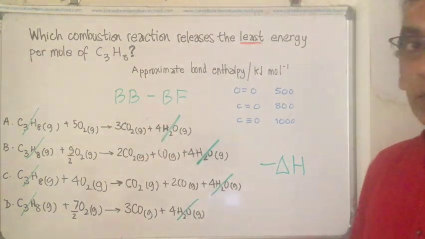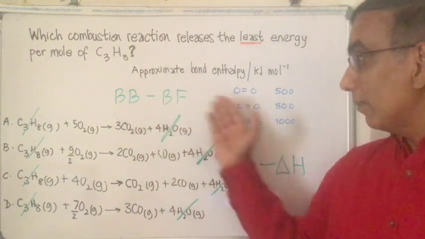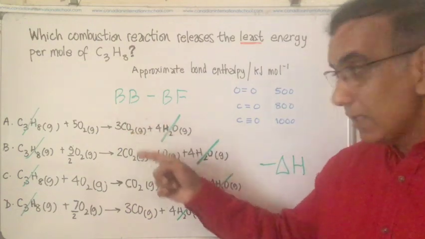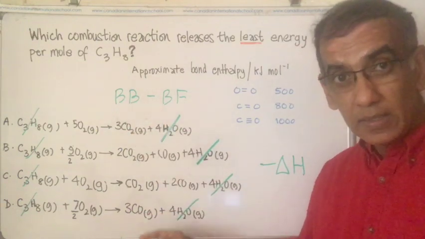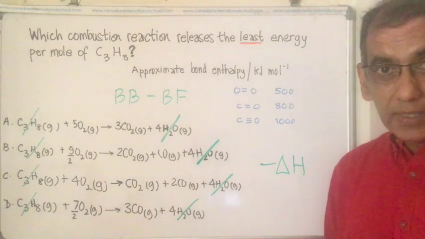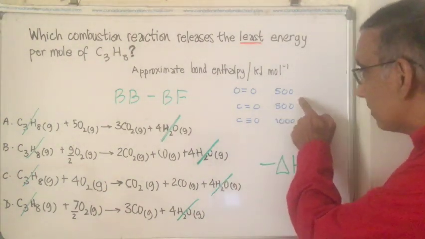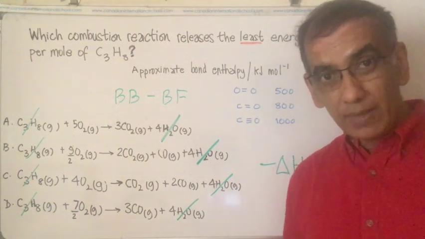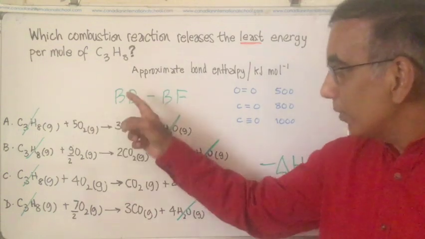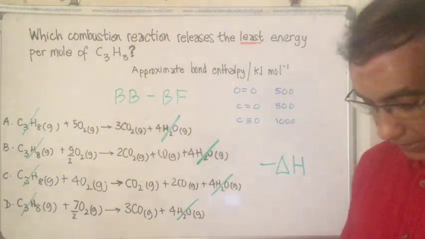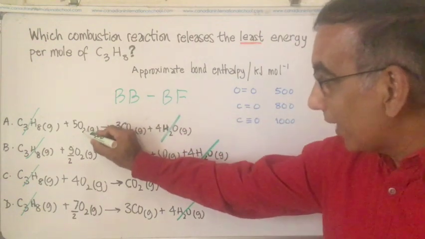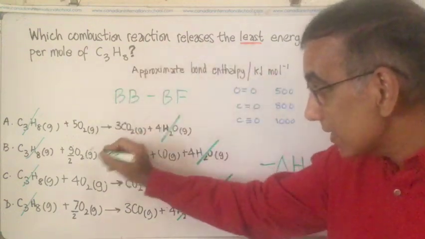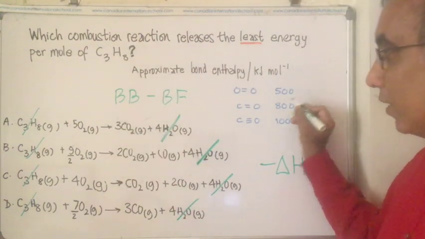So therefore, what you're looking to work with for your bonds broken minus bonds formed are the oxygens, the carbon dioxides, and the carbon monoxides. And yes, you don't have a calculator, but notice that all of these numbers are in the hundreds. So you are expected to do some mental math and to do the bonds broken minus bonds formed. So let's start with 5 oxygens. 5 oxygen to oxygen bonds have to be broken on that side. 5 multiplied by 500,